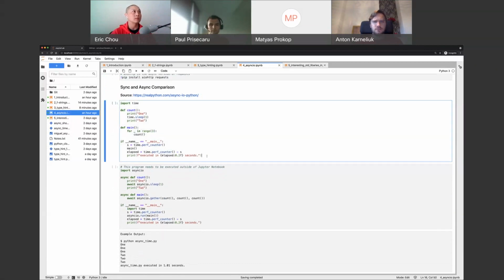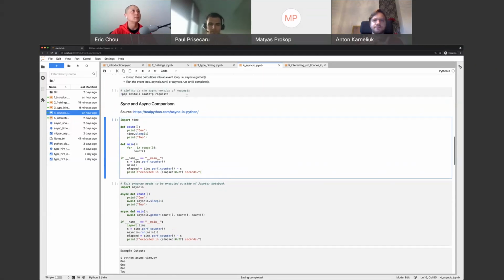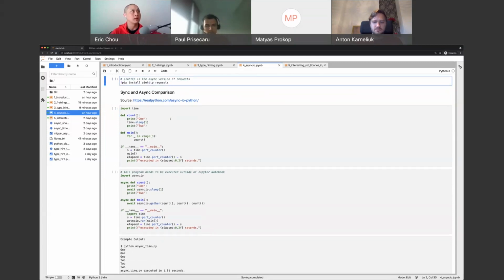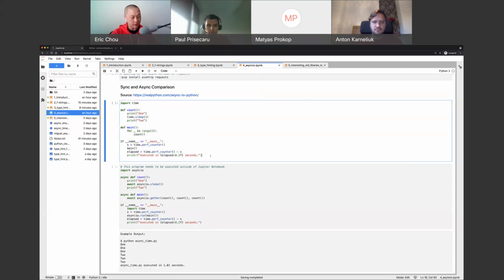So here's the setup. In order to execute the following programs, we need to install AIO HTTP as well as requests. AIO HTTP is an async, awaitable equivalent of requests, basically. So here's the first example,